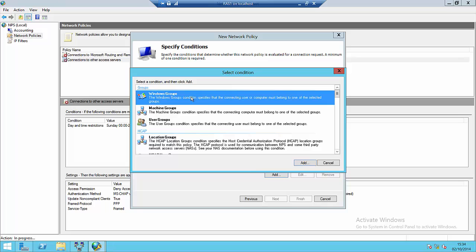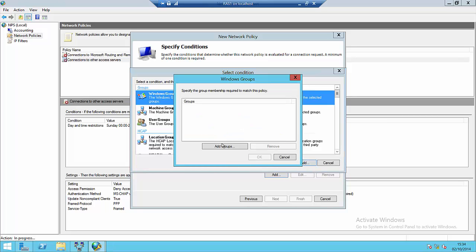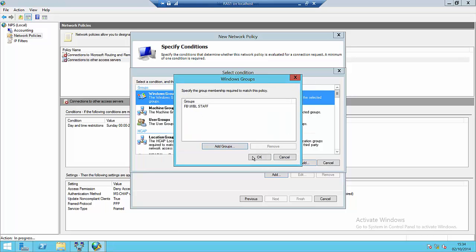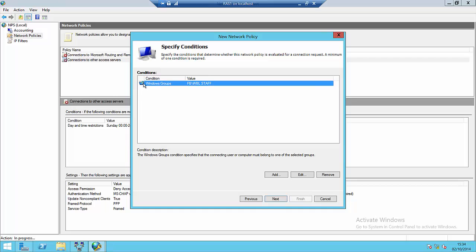My condition will be Windows group membership, and I will say that if the user is a member of the WBL staff group,